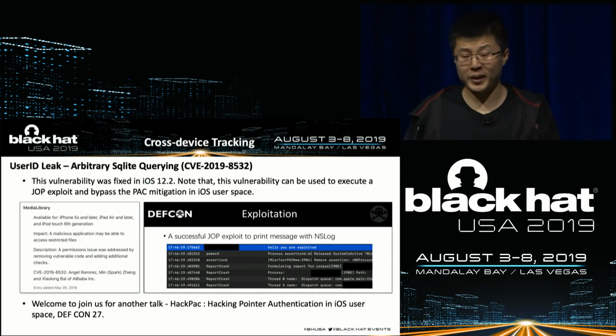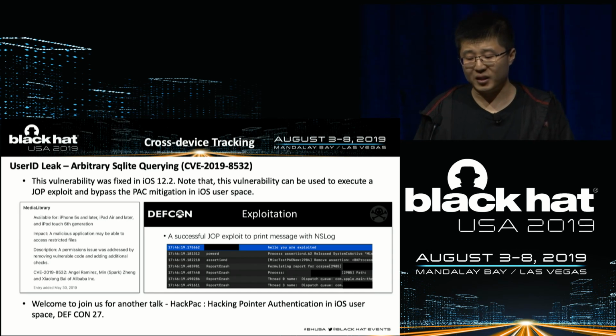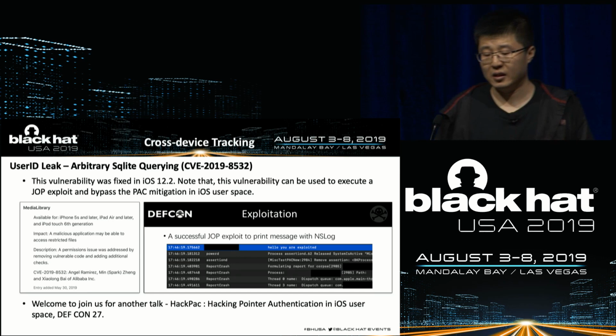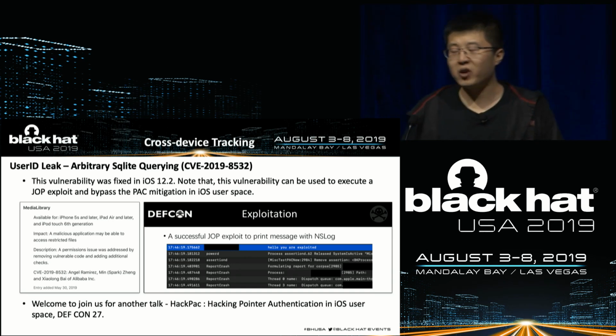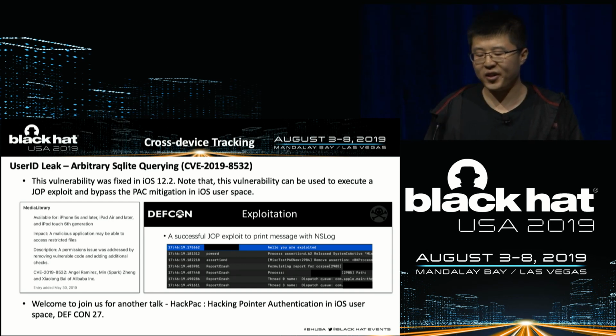This vulnerability was fixed in iOS 12.2. But note that this vulnerability can be used to execute a JOP exploit and bypass the PAC mitigation in iOS user space. So if you have time, welcome to join our other talk, hacking pointer authentication in iOS user space,